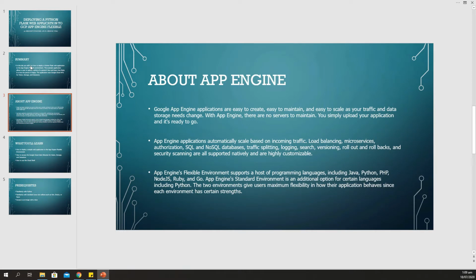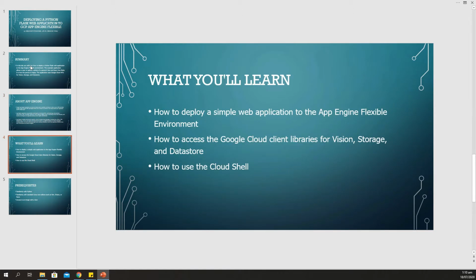Google App Engine supports lots of languages including Java and Python. In this tutorial, we will learn how to deploy a simple web application to the App Engine flexible environment, and how to access Google Cloud client libraries like Vision, Storage and Database, which are used in our sample web application.